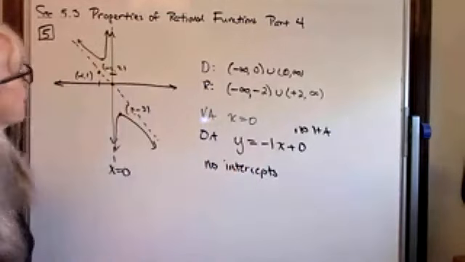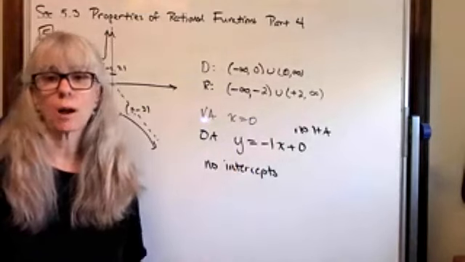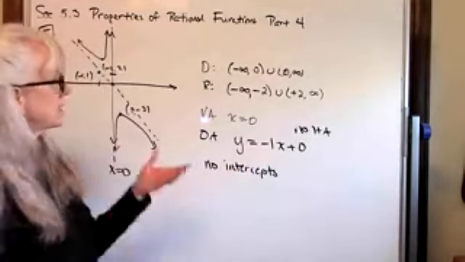And that wraps up all the properties of rational functions. In our next section, we'll actually start from ground zero and graph rational functions and end up with pictures that look like